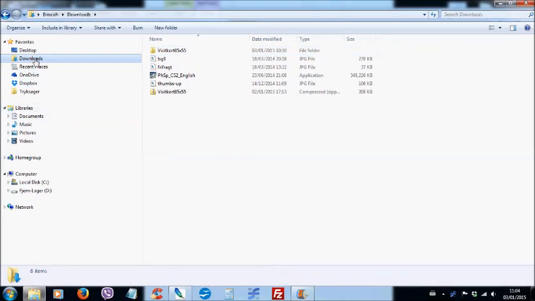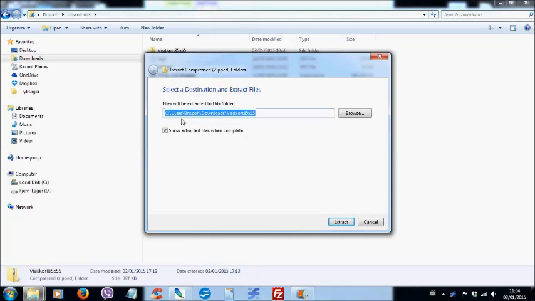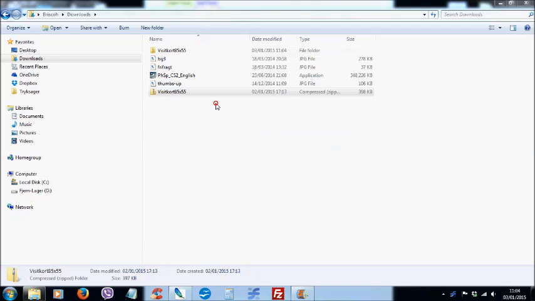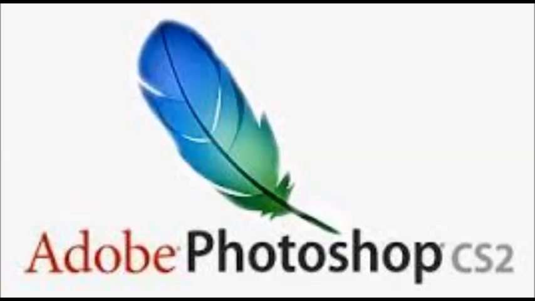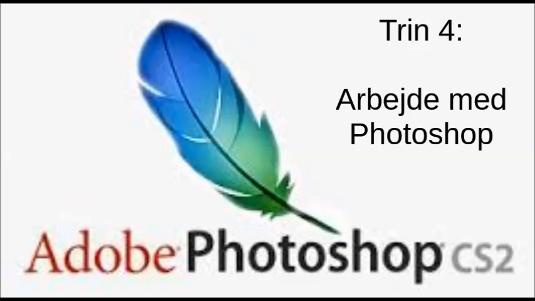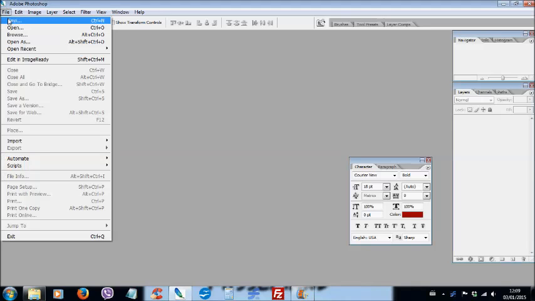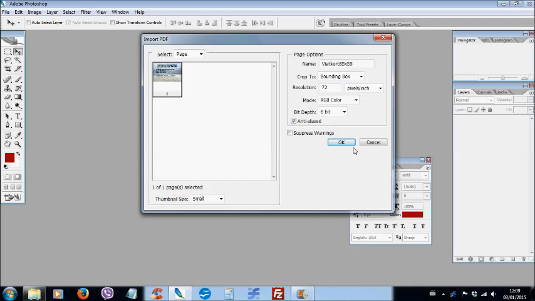There it is. Under the download section, there is the zip file. Extract it all. Just go ahead. Of course, copy and replace in my case because I did it before. There it is. Open it in Photoshop and it will give you all the information about the business card. You can't work in this file at all because it's a PDF. That is not what you need. This is just to give you